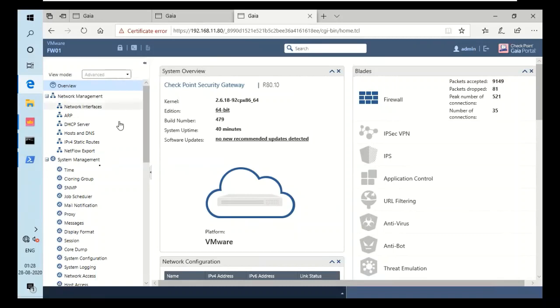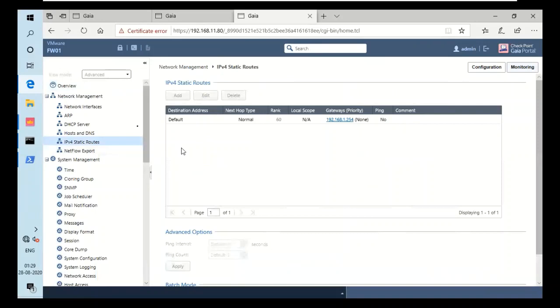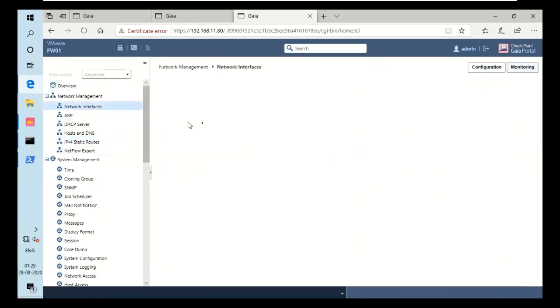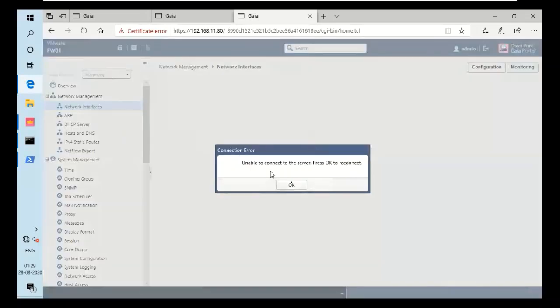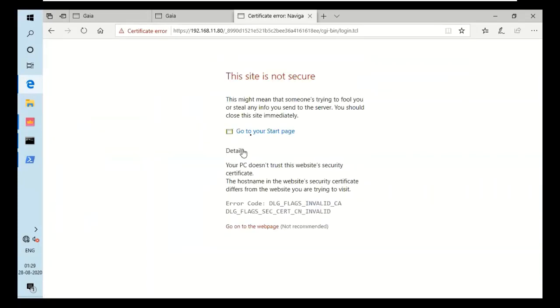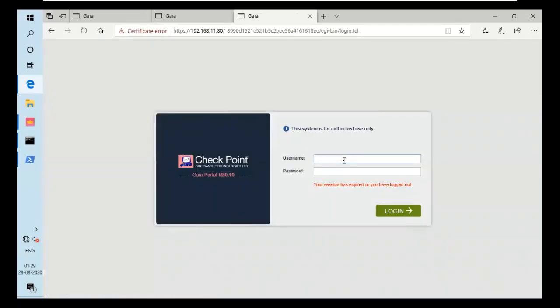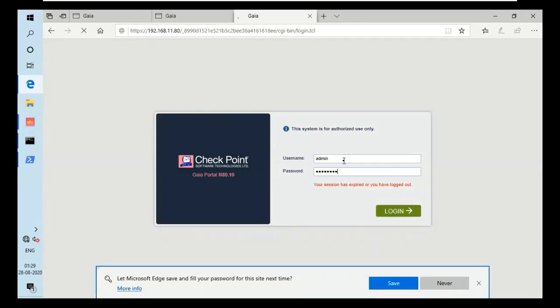And if I make one change, that is to turn off the Ethernet 0 interface, for that I will go for Ethernet interfaces, and I will turn off this interface. Let it load. Okay, let's connect again. Go on to the page, admin 123.